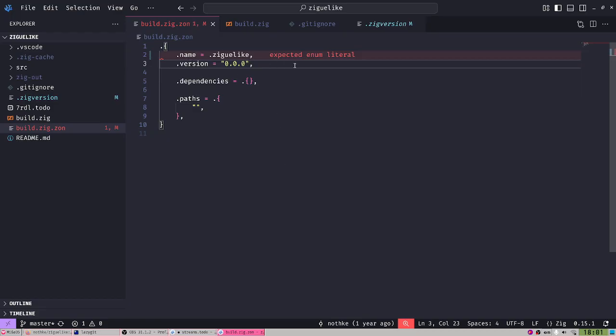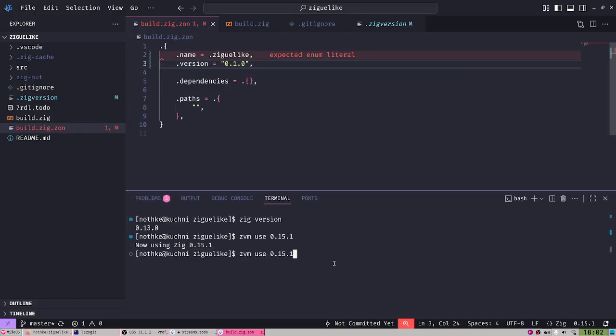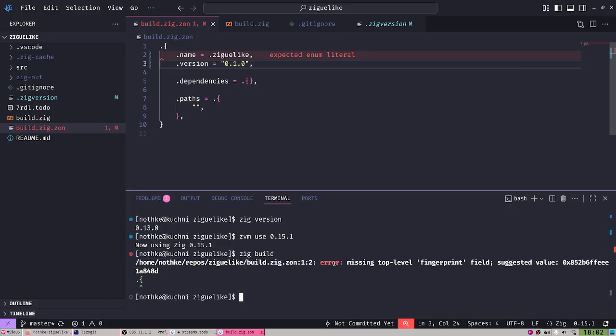Version, well, I don't know, it's always 0. Maybe I can bump up to 1. Let's do a 1, because it's gonna be 0.15. All right, and I don't know why it's complaining still, but it should build now. It should build. Well, it won't build because we have more issues. But let's see. Zig build run. We don't have to run. We can just Zig build.